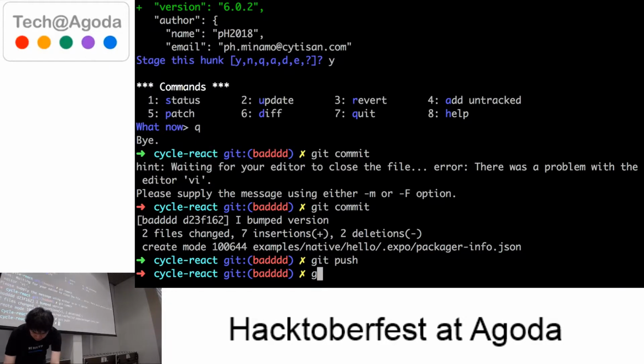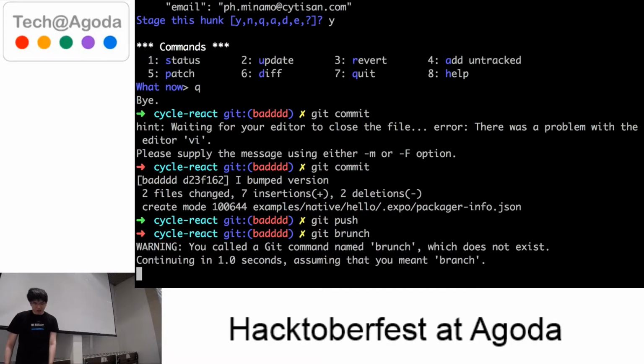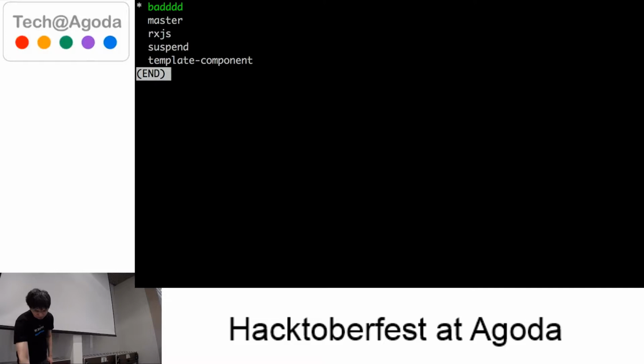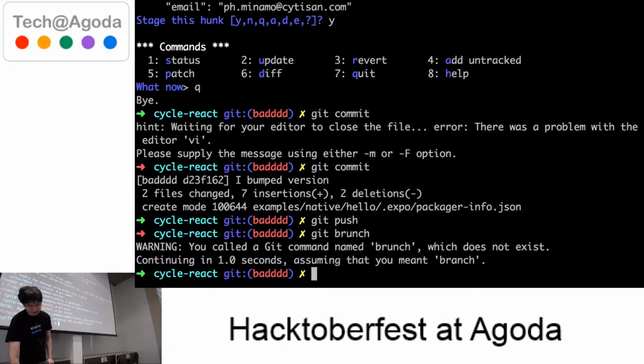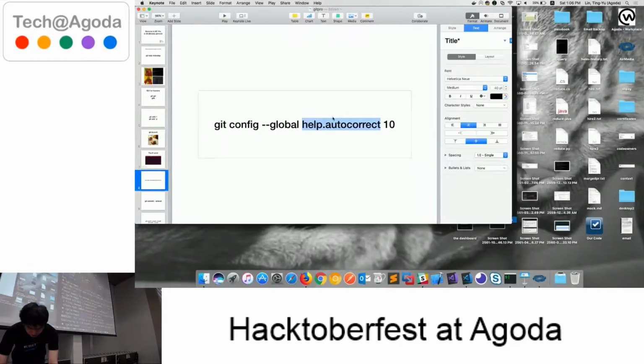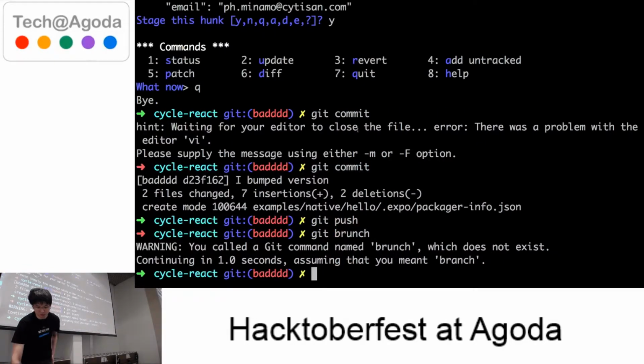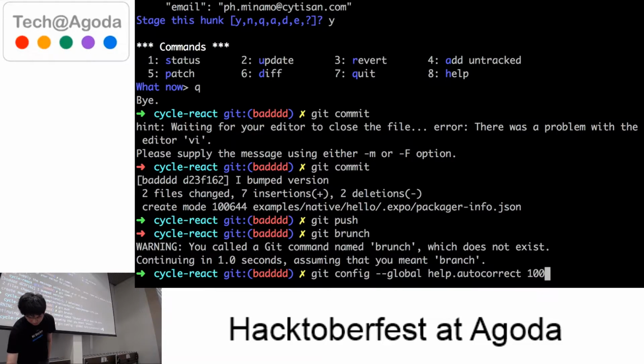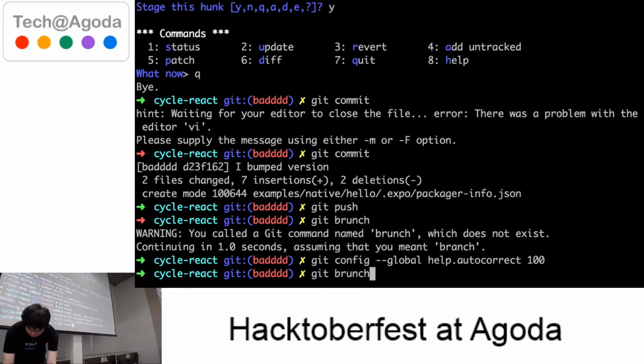Here I'm going to type git branch. Of course, there's no such command, but it just automatically corrects it for me after 1 second, because I have this config in my settings. The number 10 means probably 1 second. I don't know how you say 0.1 second in the unit. So we can change this to 100. So it's going to take longer,